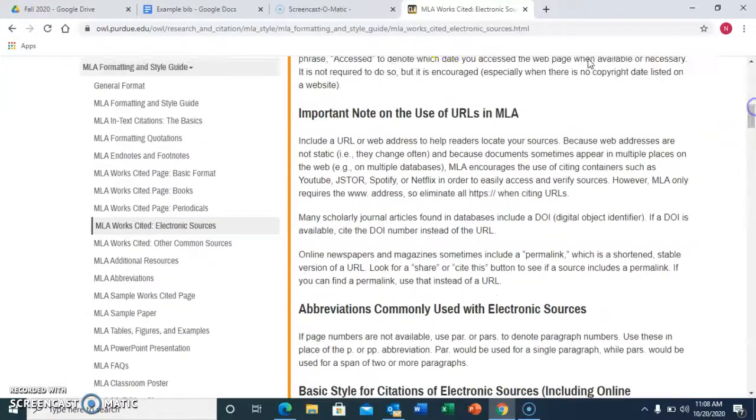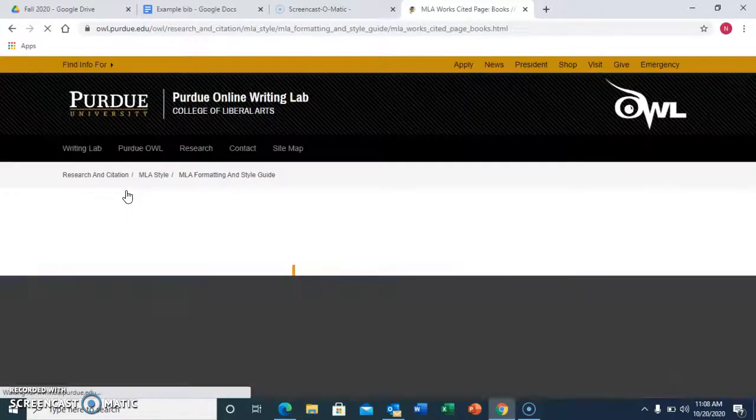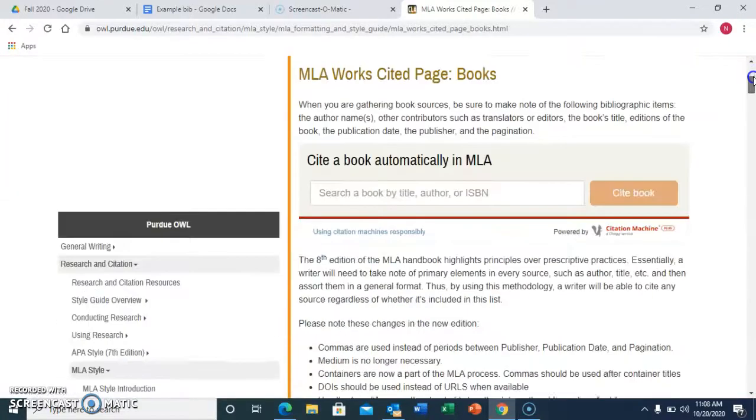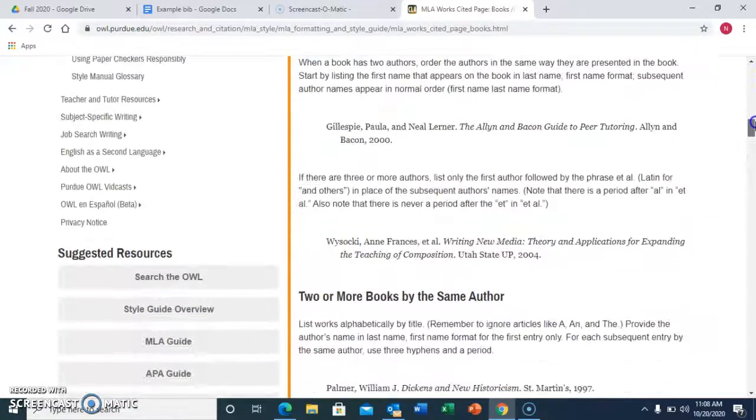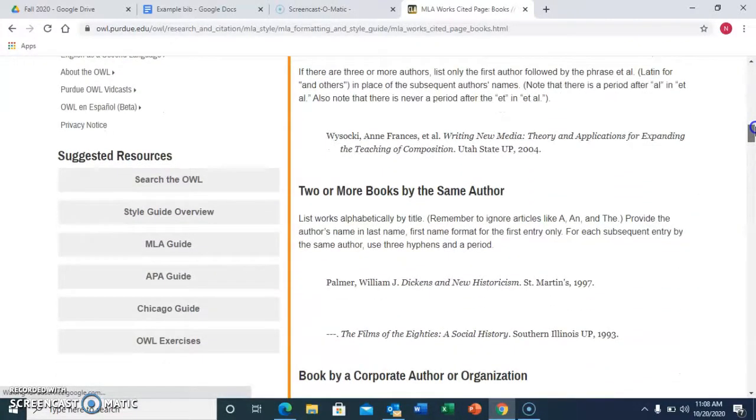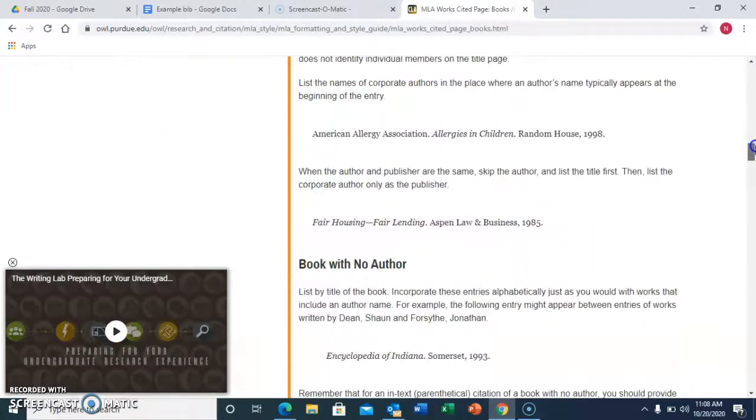So I'm just going to jump now to the MLA works cited pages for books because I have the physical book in front of me, and then I'm going to write it down, again breaking it down step by step. Again, looking for something that is as specific as possible.